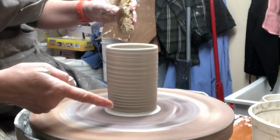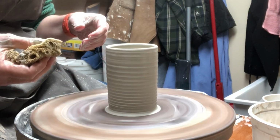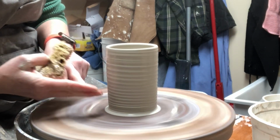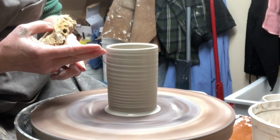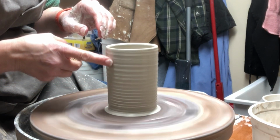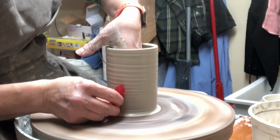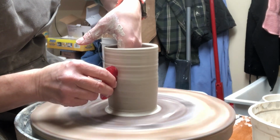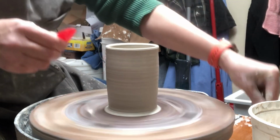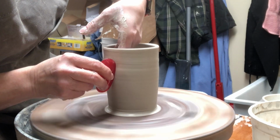Okay, so the throwing lines that I have on there, that is just something that usually occurs with me as I'm throwing, unless I'm deliberately trying to smooth them out. Just the pressure, like I usually am pressing a little bit more with one finger than the other as I pull up with my sponge, and that did create that texture. Now, I'm going to eliminate those right now so I can just show you how you can do it deliberately on purpose. If you're trying to get something that's a nice deliberate spiral,